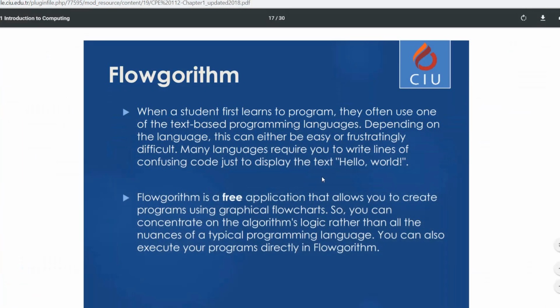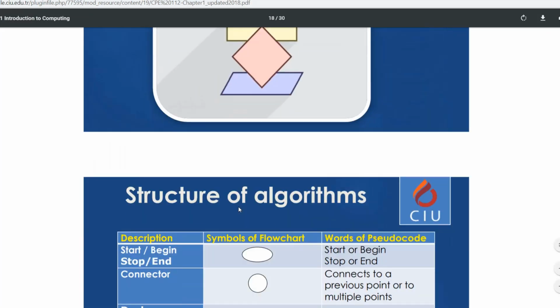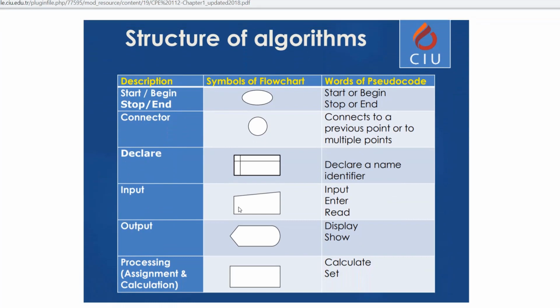Going back to the slides themselves, we're going to use Flowgorithm. The link is also provided to you on the slide, so you can go there and download it. In time, we're going to look into the structures of the algorithms and learn the symbols that we can use in Flowgorithm. But to basically introduce you to the symbols, each flowchart and each pseudocode that we're going to generate